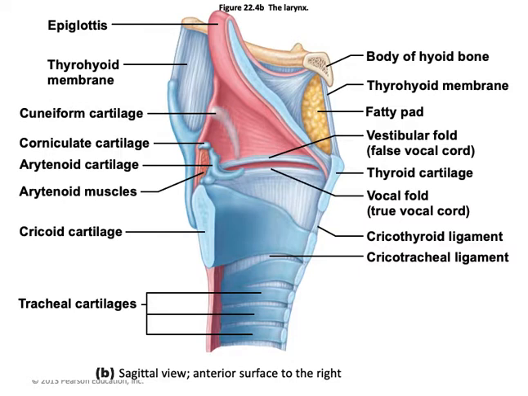When we take a look at the larynx itself, the larynx is a kind of complicated mass of about 9 different cartilages that sort of wrap around each other. The two that we're actually going to be learning, though, are the thyroid cartilage and the cricoid cartilage. So let's see where we can take a look at this